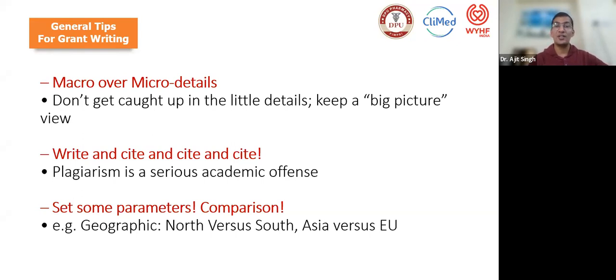When you are writing, when you are giving the justifications, comparisons are almost a great parameter to support your justification. Like, okay, in India we are looking for this, in Australia this was that, or in South Asia, and in comparison to the European Union, or US, or anywhere. When I was doing my registry, we compared the clinical characteristics between Asia and the US and EU, European countries.